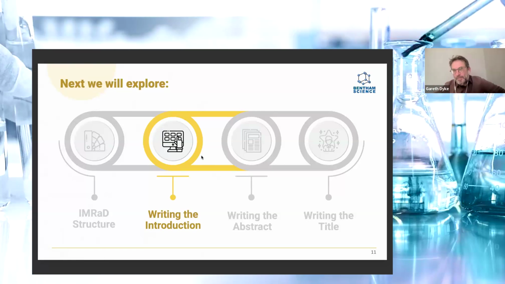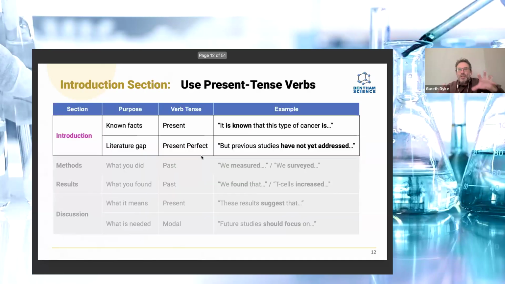So that's IMRAD, the article structure, and how you'll put your research paper together in the right order, starting in a certain place with the research article writing, with the methods, with the results. Let's move on now and let's talk about how you can put together an effective introduction section for your next paper, the introduction.